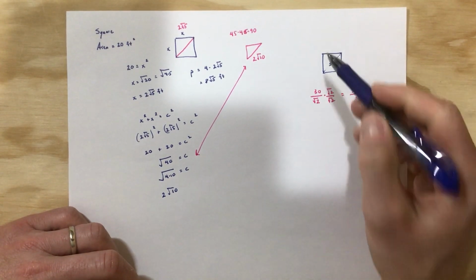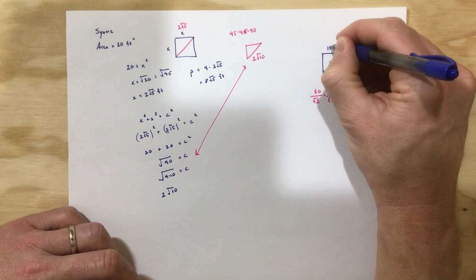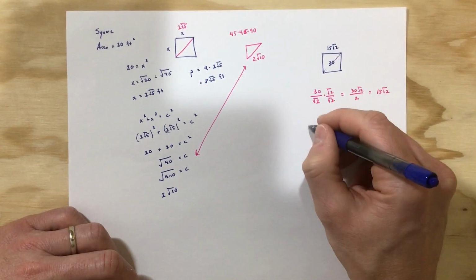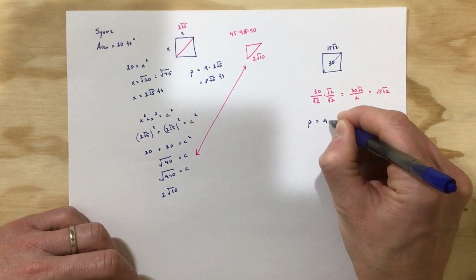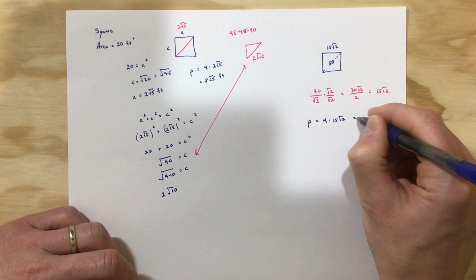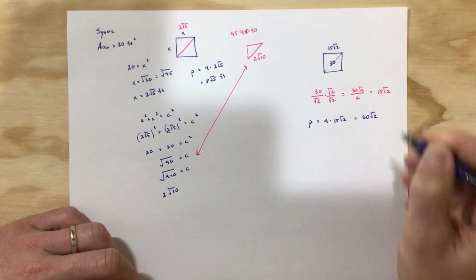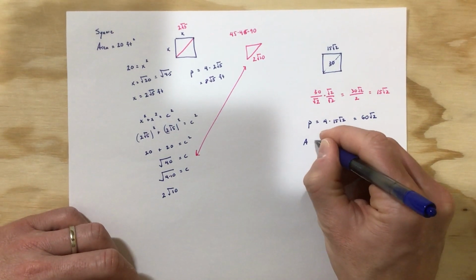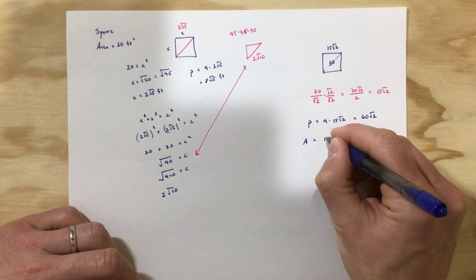So you know that if the diagonal is 30, the side length is 15 radical 2. Well, then the perimeter is just 4 times that. Right, definition of the perimeter is just the distance around, and so you get 60 radical 2 for the perimeter. And then the area we know is the side length squared, so that's 15 radical 2